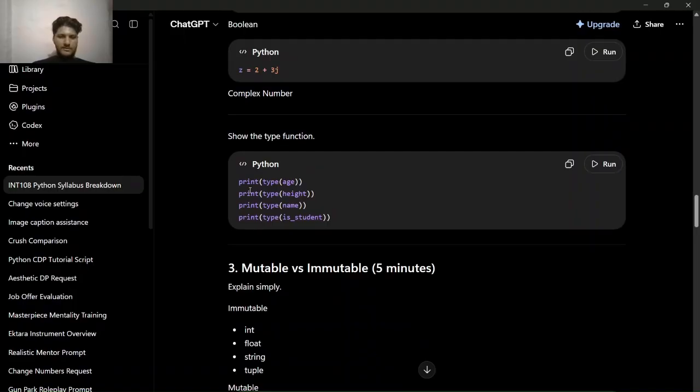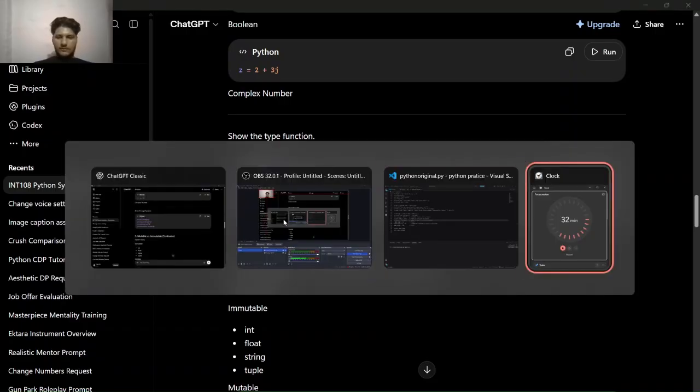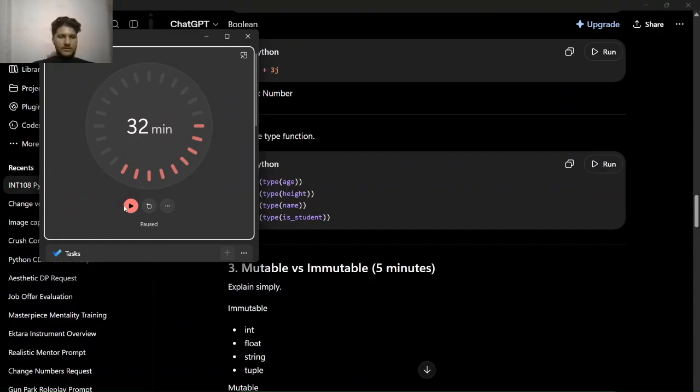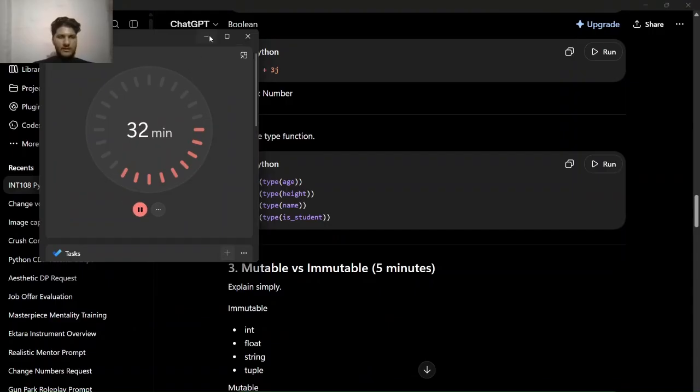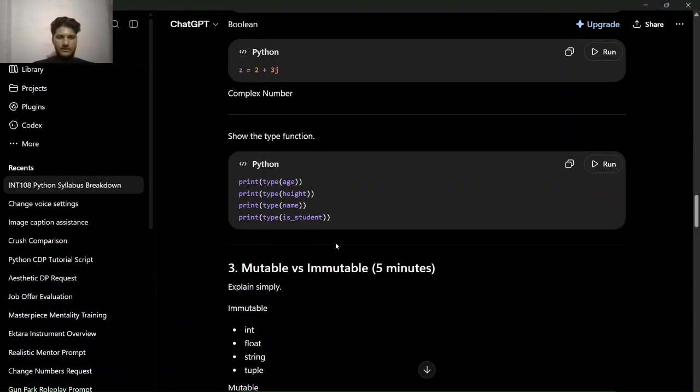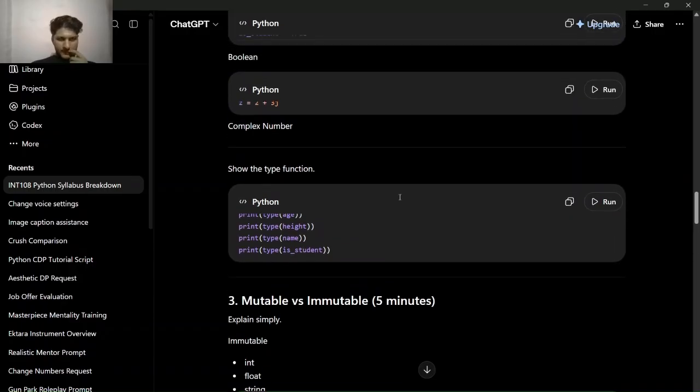Same goes for the rest. For print type height, it will show float. For print type name, it will show string, and for print type is_student, it will show